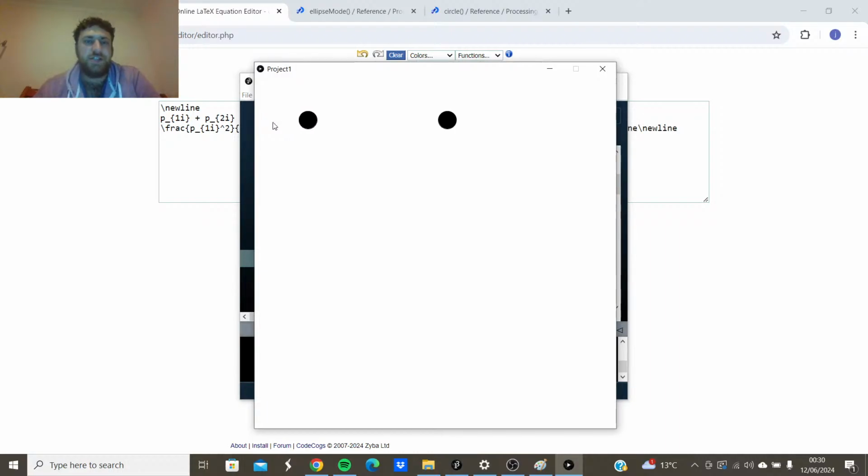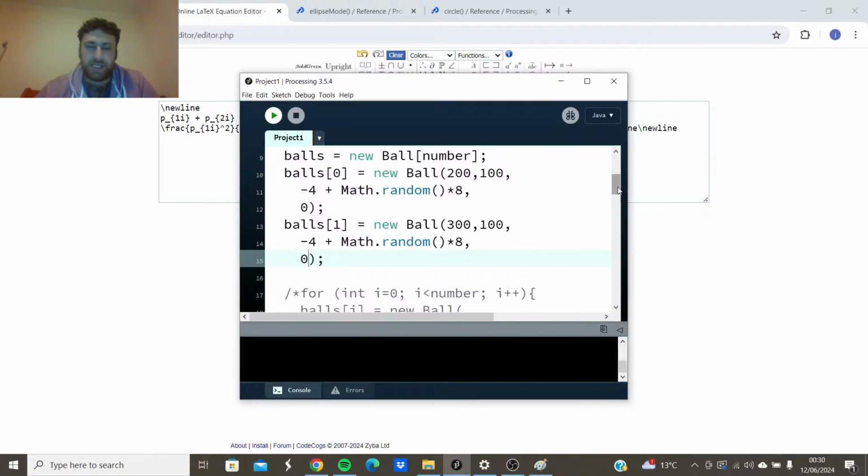There we go. So we have two balls, random velocities, and currently they are passing right through each other. What we want to do is have them collide with each other. So what we're going to do is